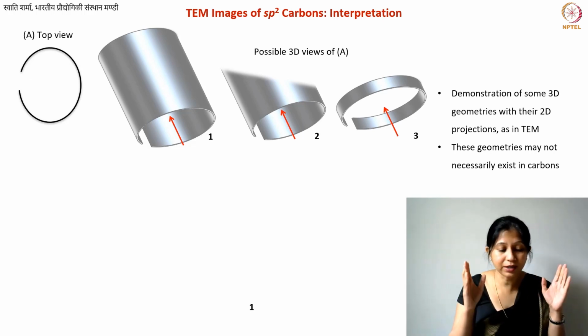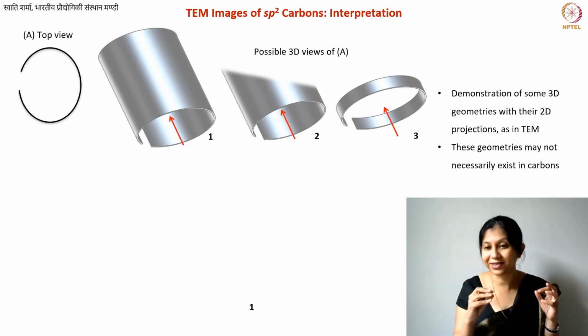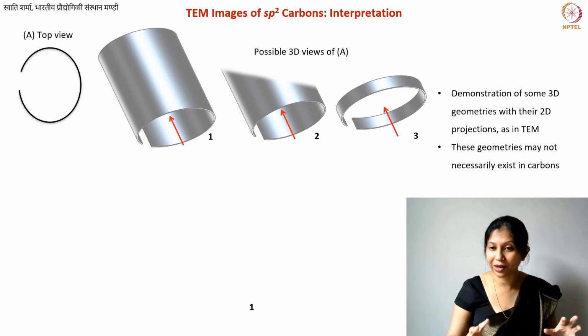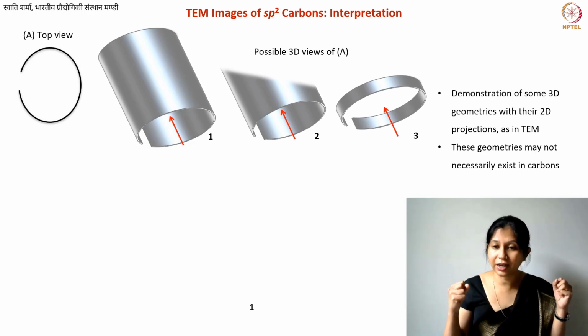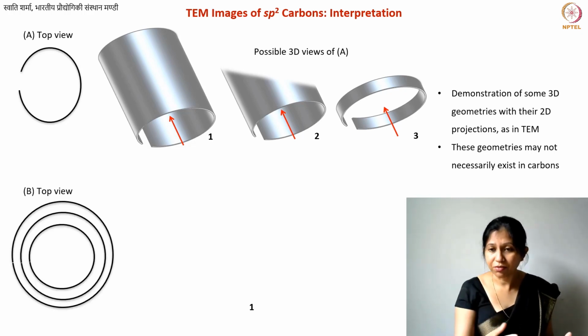Okay, so the point is that from a TEM image, don't just use this technique for developing a microstructural model. But of course, if you know other things about the material, like you already know the X-ray diffraction pattern, other information, chemical information, surface property information, porosity information, whatever, you have some other information about the material. Density becomes important in the case of non-graphitizing carbons because you may have closed porosity, right? So all of this information, you can integrate it with your TEM information.